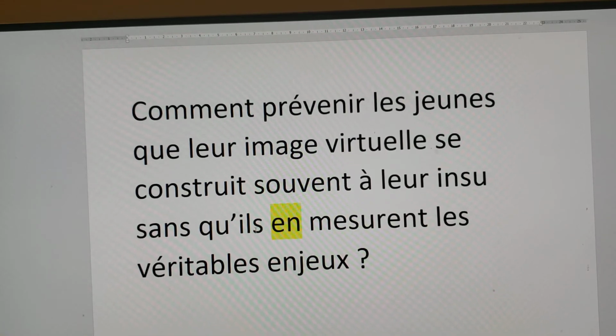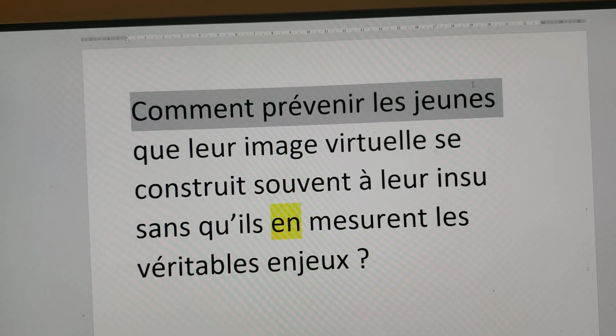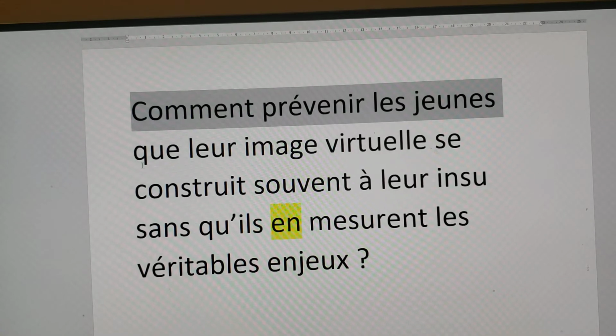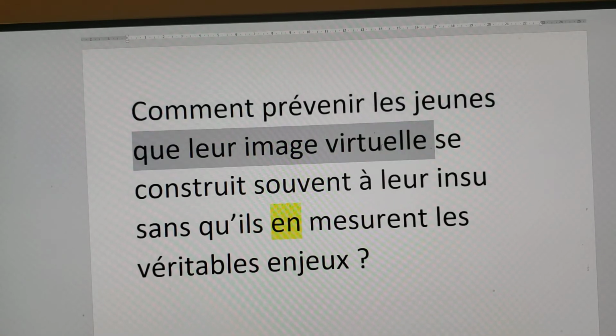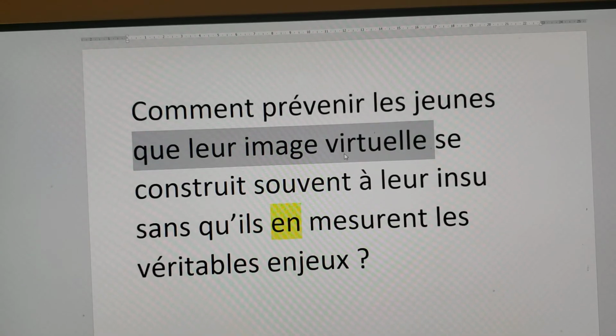So let's break this sentence down. It looks kind of intimidating, but once you break it down, it's not going to be as hard as we think it is. Comment prévenir les jeunes? How do you warn the youth? Comment prévenir les jeunes que leur image virtuelle, that their virtual image, right, basically refers to like a virtual picture